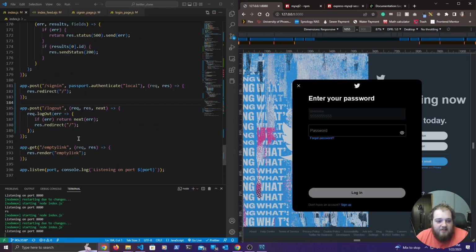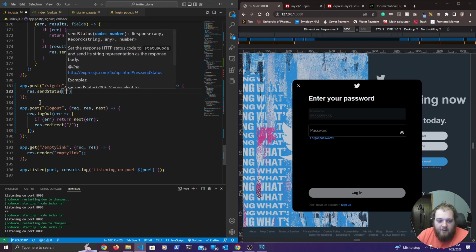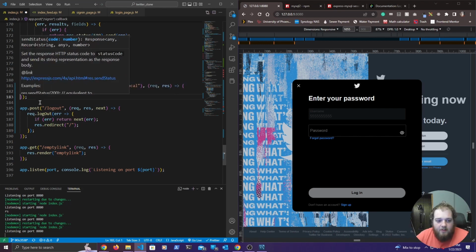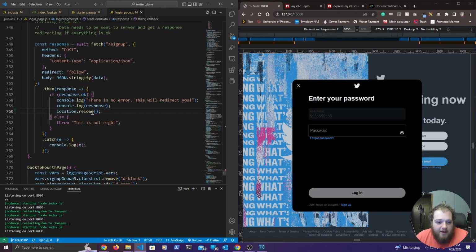I'm assuming it's, let's see, basically it looks like what I'm doing here is I'm redirecting to the exact same place that it is currently at. So what I think I'm going to do is I think I'm just going to send res.send status of 200, and when I send the status to the front end to the login page,